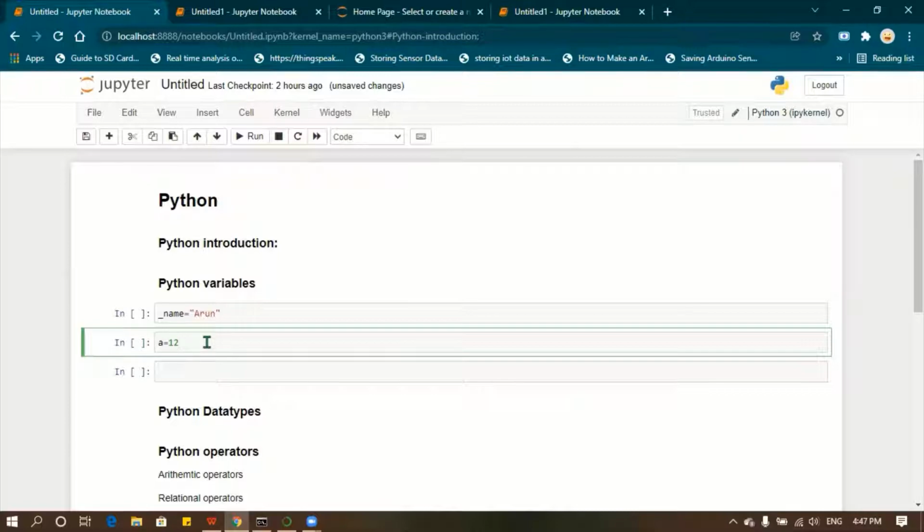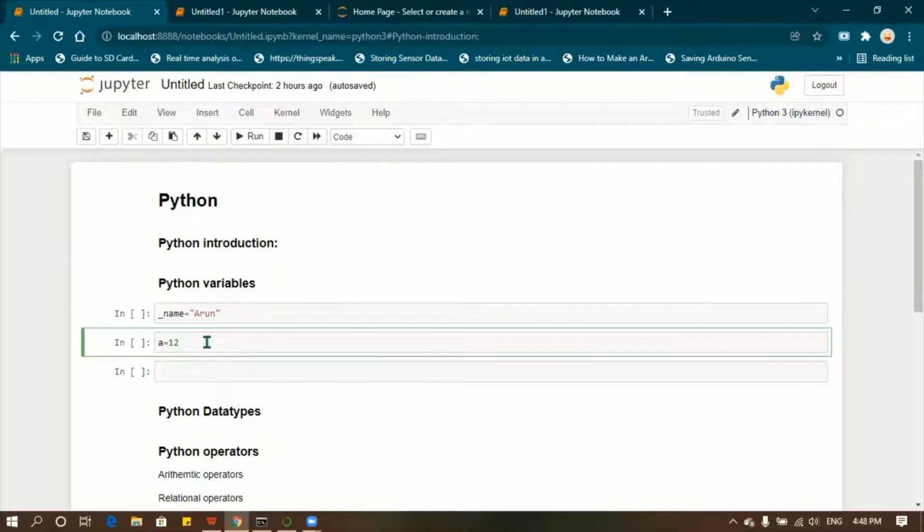like we said in the Git class, you're not the only one working on the project, so other people will be collaborating with you. When they see a equal to 12, they cannot find out what we have declared the variable a for. So your variable name should be a meaningful one.